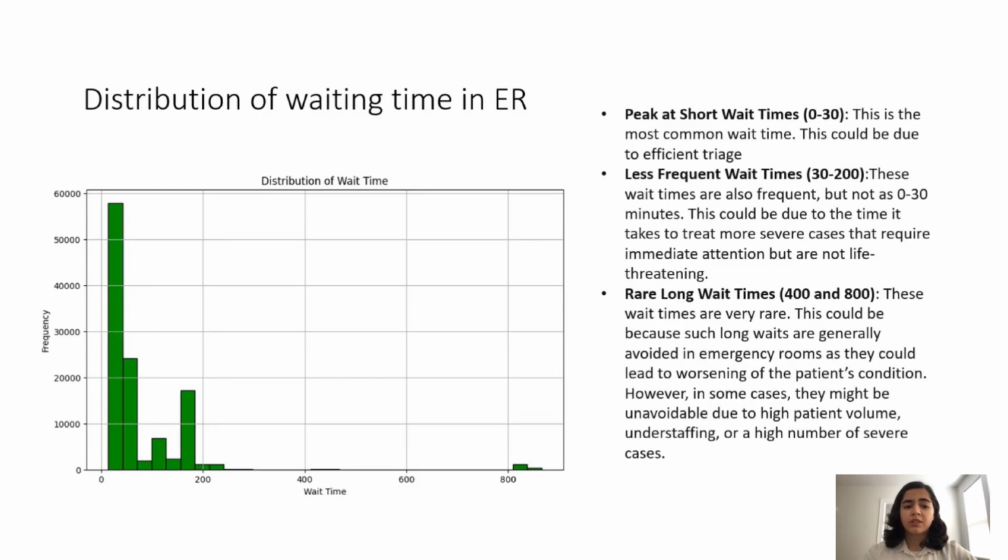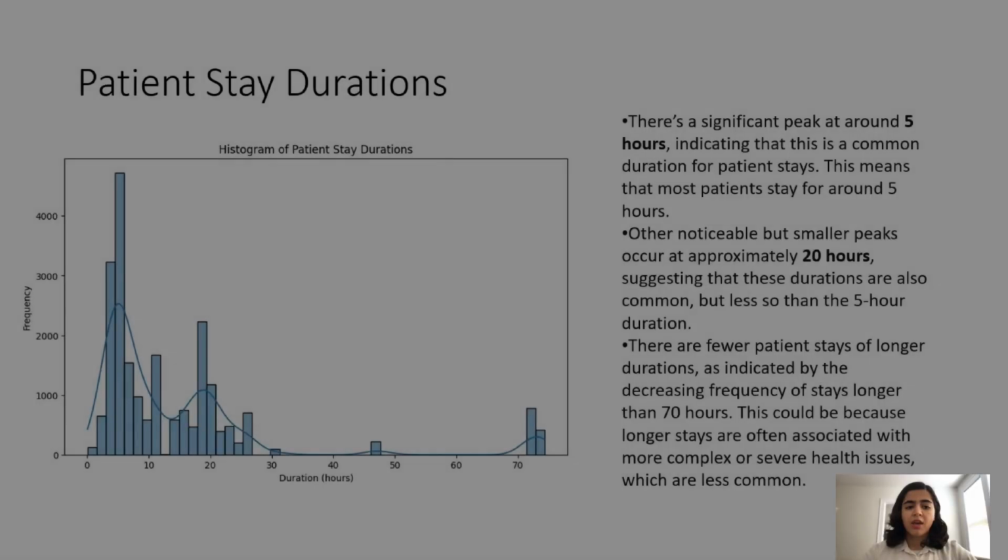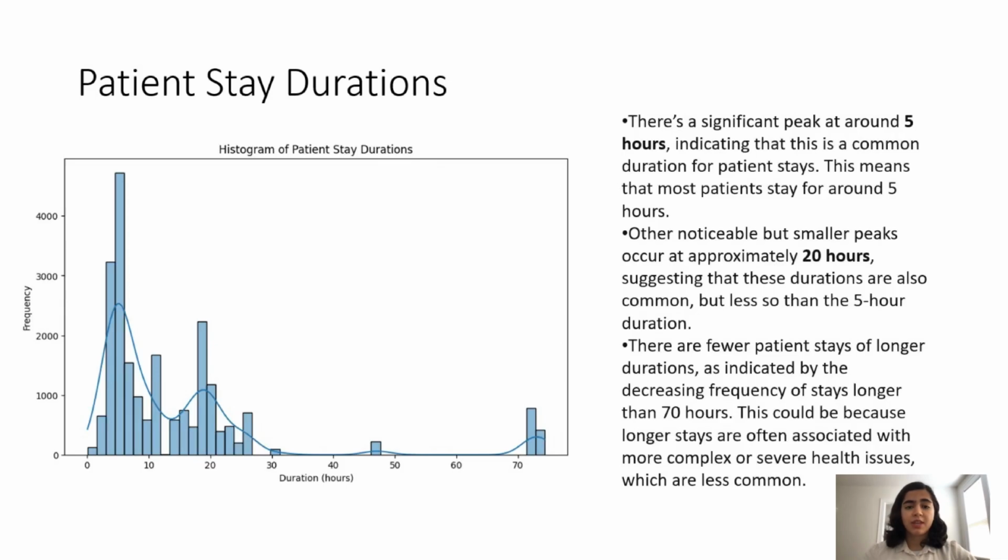Less frequent wait times between 30 to 200 minutes may be for treating less severe but urgent cases, and rare long wait times between 400 and 800 minutes are generally avoided due to potential worsening of patients' conditions, but could occur due to a high volume of patients or understaffing. As we graphed the patient stay durations, there was a notable peak at around 5 hours, indicating